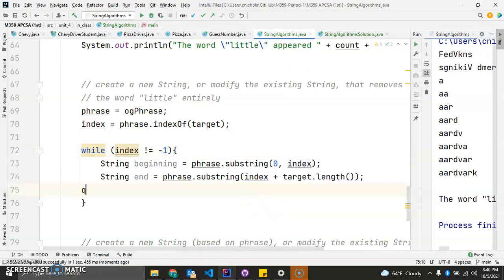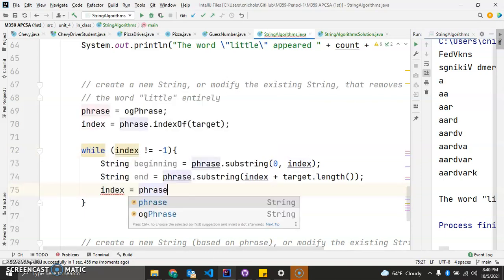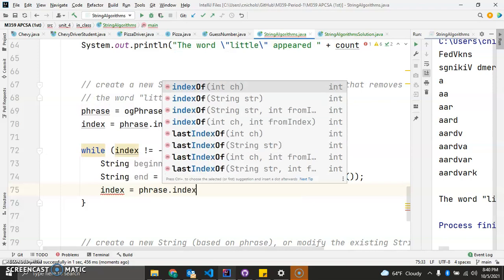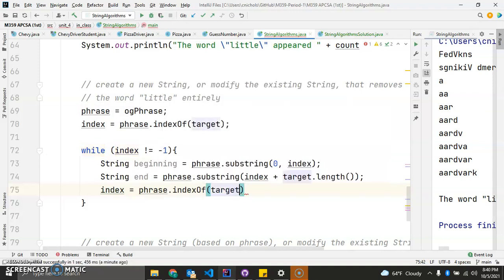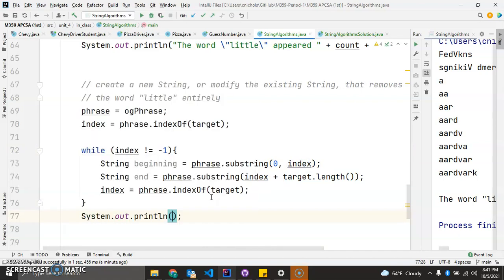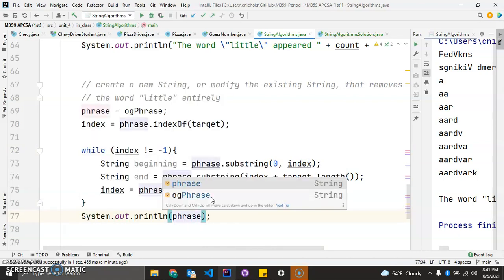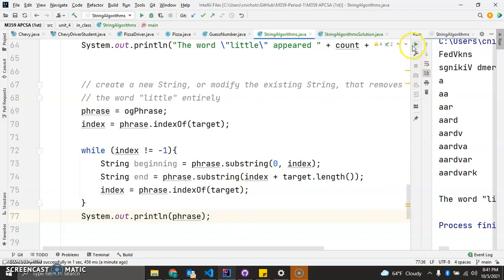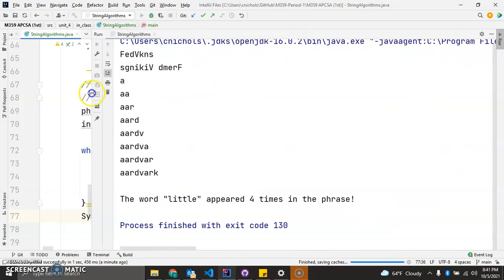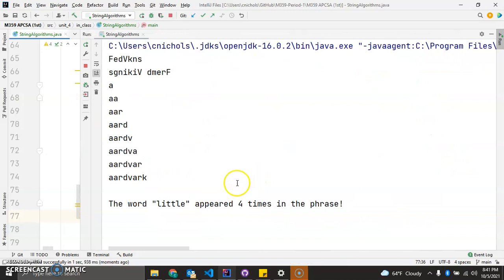What we're going to do then after this is once again update that index variable. So I'd say, hey, the index of this is once again going to be the index of this target that I'm looking for. Once I find that target, we can then jump back into this while loop and repeat this process over and over again until I finally end up with the string that I want without the word little in it. After that while loop is finished, I can go ahead and print out the phrase that I have, and hopefully this will not include the word little, which,